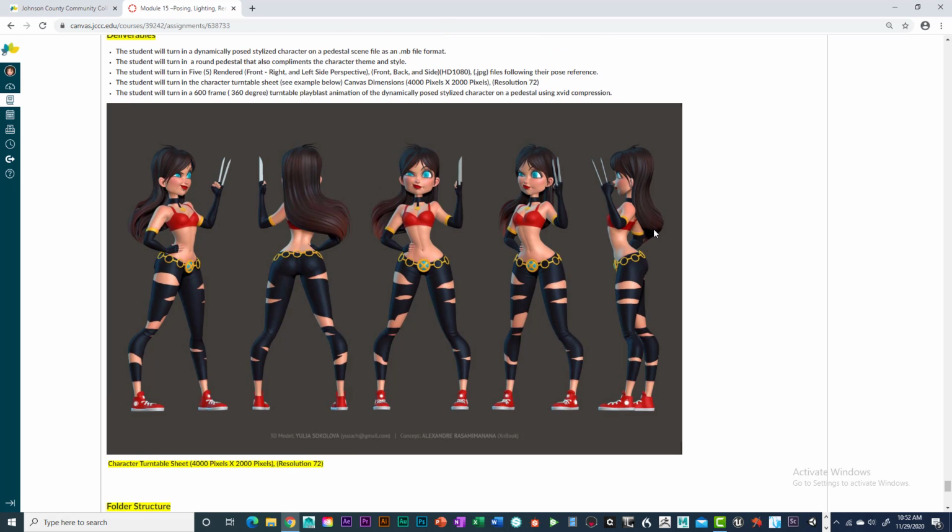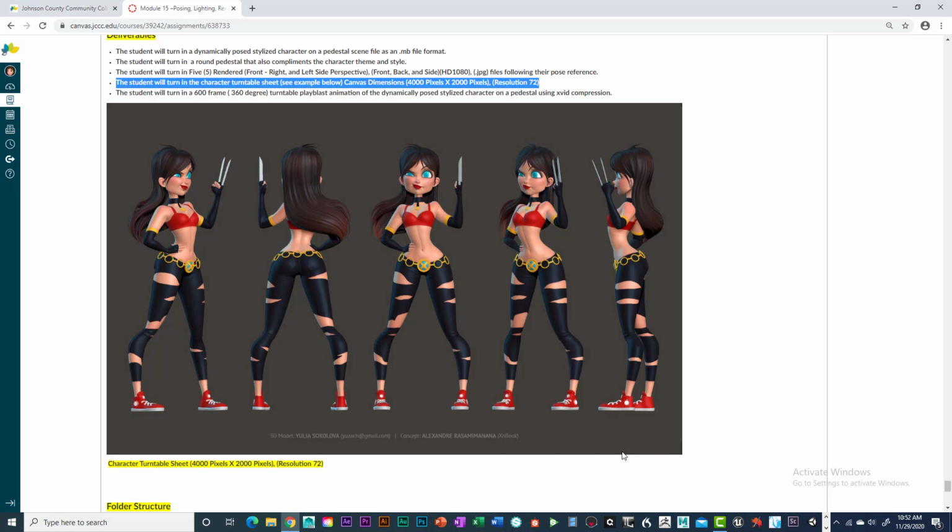And you can do one of two things. I really highly recommend that you just put it in one piece, and this will be a JPEG. What I did was a 4,000 pixel by 2,000 pixel image at a resolution of 72, and then you just bring them into Photoshop or something comparable, and start laying your images in and getting them all together, and cropping and doing what you need to do to get them to